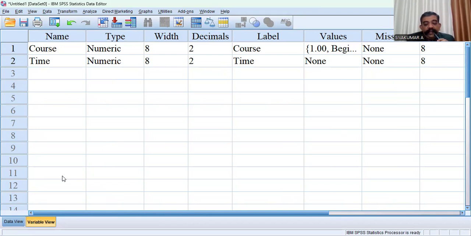He then compares the 3 courses to see if there are any differences in the average time it took to complete the problem. That is a typical problem related with the one-way ANOVA. Independent variable course, dependent variable time taken to complete this spreadsheet program. Independent variable course, different type of course: beginner, intermediate, advanced. Now I may read the question once again. A manager wants to increase the productivity at his company by increasing the speed at which his employees can use a particular spreadsheet program.